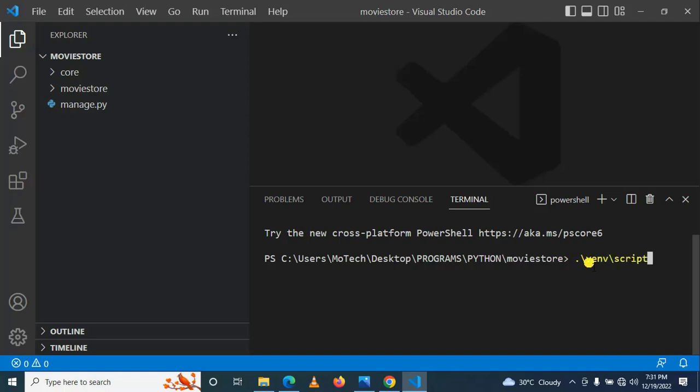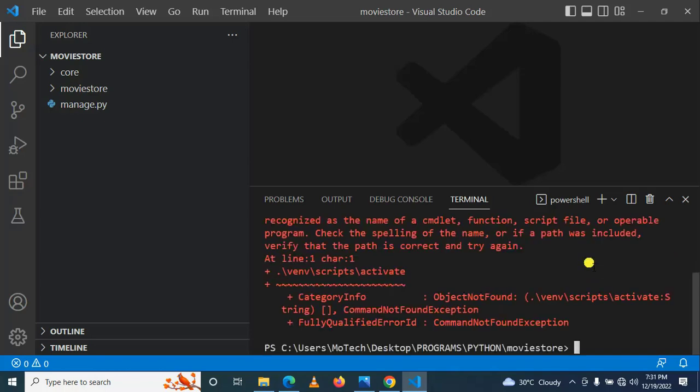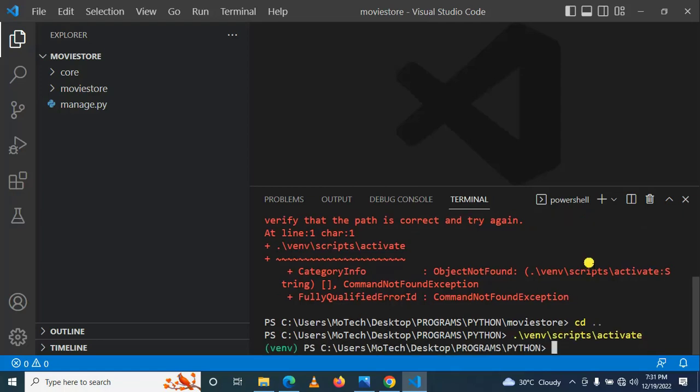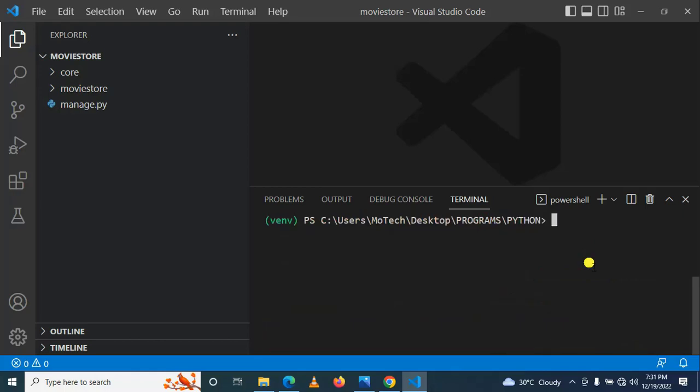scripts/activate. That's perfect. Okay, let me see. vmv. Okay, so let's change the directory. So here we need to learn this. That's perfect. Because we have already created a Django project and we have created a Django web application,